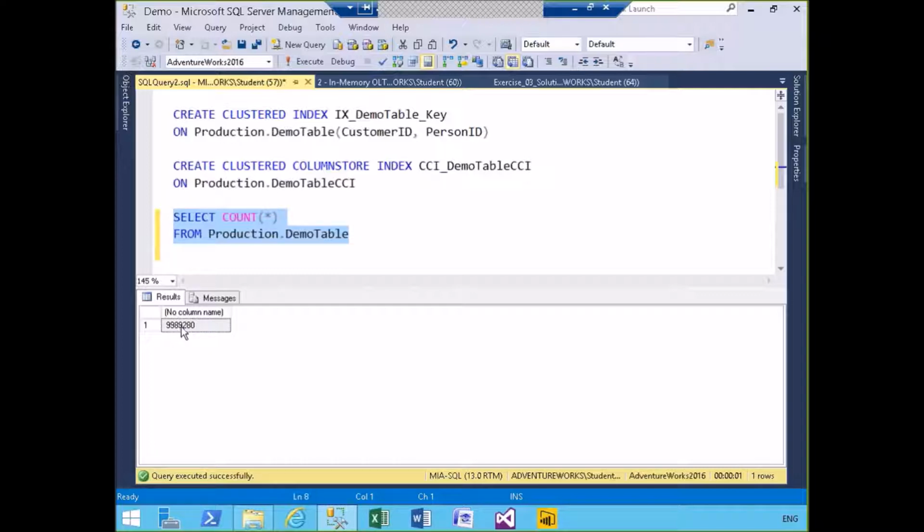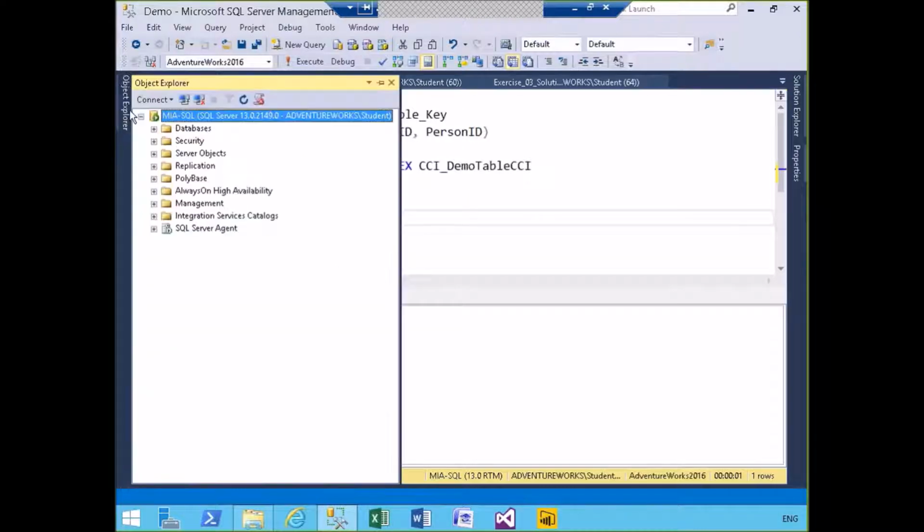9,989,000. It's almost 10 million rows in that one table, and the other one is an exact carbon copy of it. Okay, they're both exactly the same right now. They don't have any indexes in there. That's okay. If I look at the amount of space that requires,